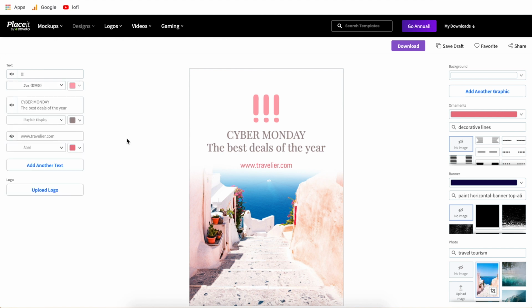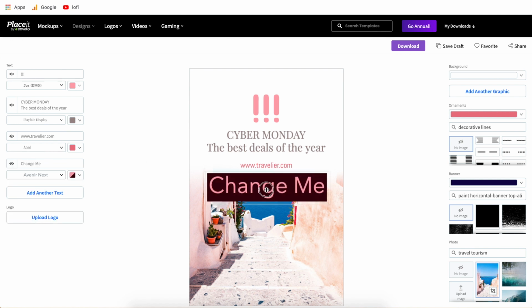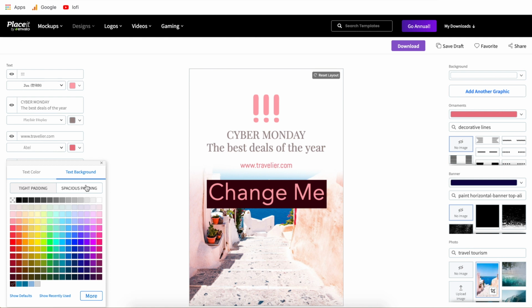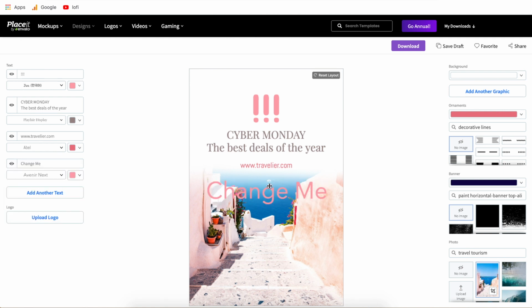And the last thing about fonts over on this left side is you can hit add another text. This will add in a generic text box, and by default it's going to put a background kind of highlighted on here. I'll show you how to take that off. Just hit the color drop down right here, go to text background, and switch it over to the checkerboard, which will be transparent, and that takes care of that for you.